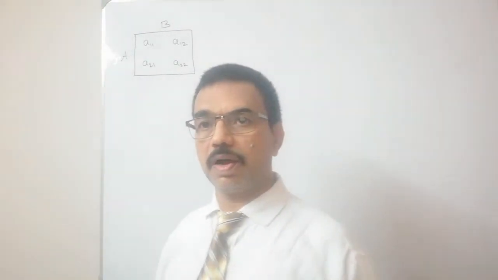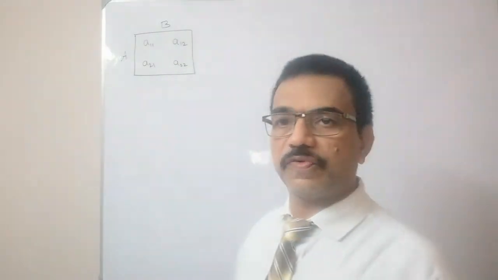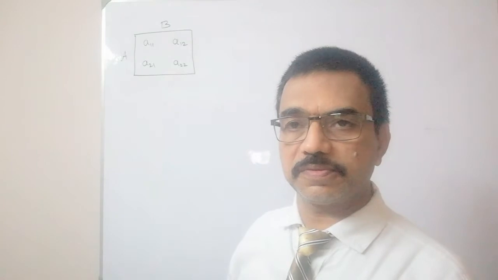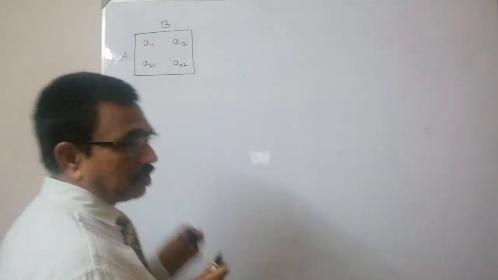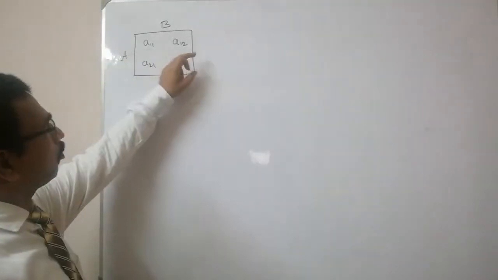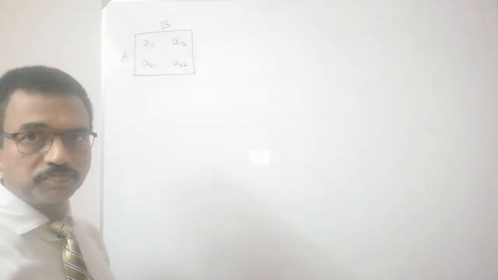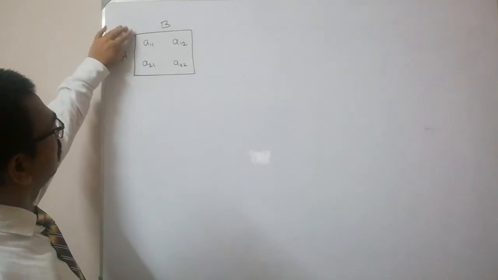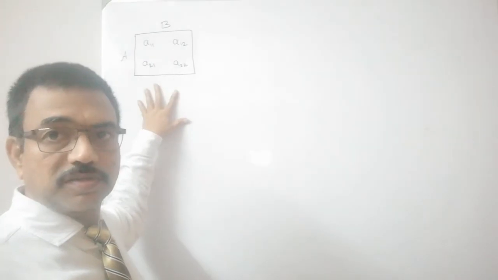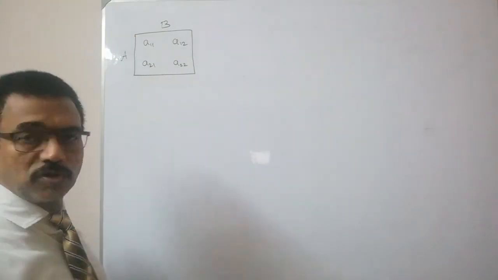In this video, I am going to explain how the expressions for x and y, the probabilities, are obtained while using the arithmetic method to find the proportions in which the players A and B can mix their strategies while playing a game. Now let the payoff matrix, maybe the given matrix or the matrix after reduction by dominance principle, the final matrix is say a 2 by 2 matrix.